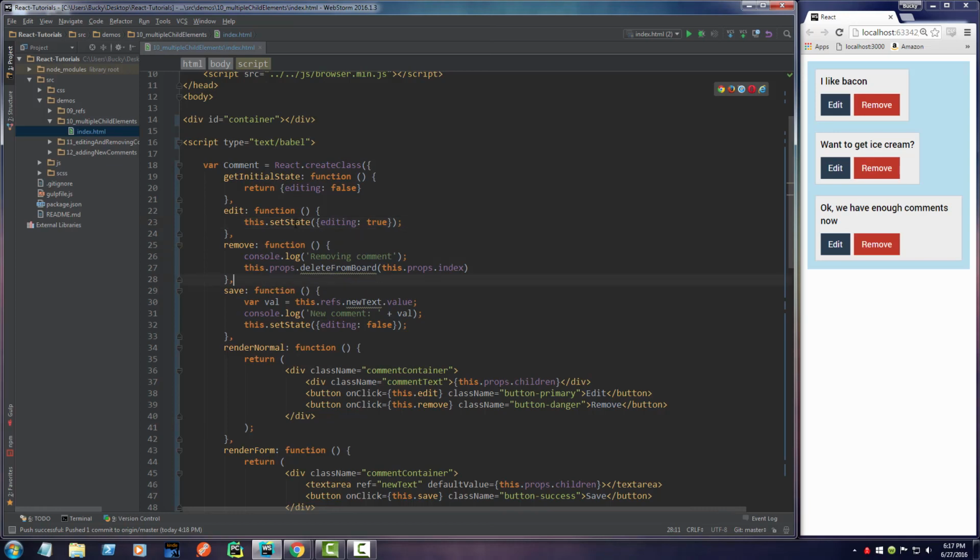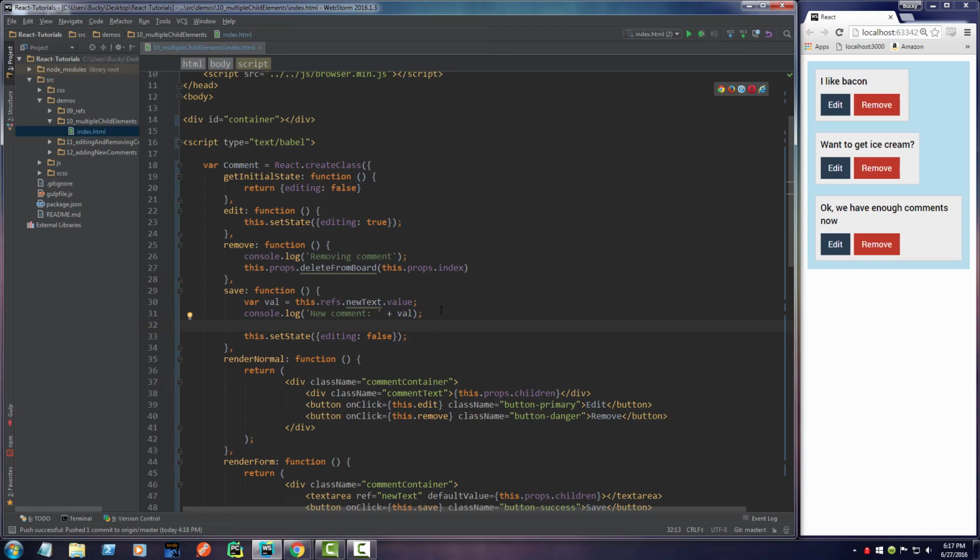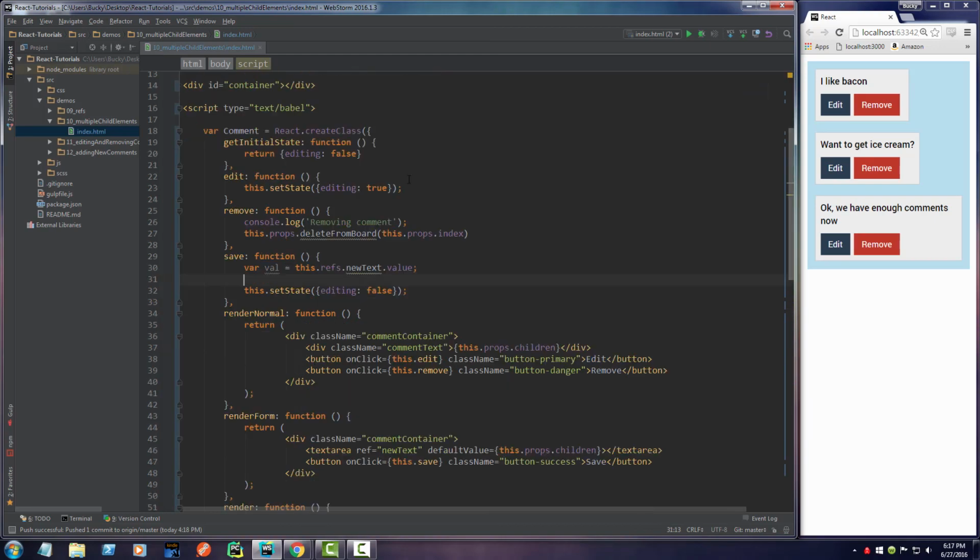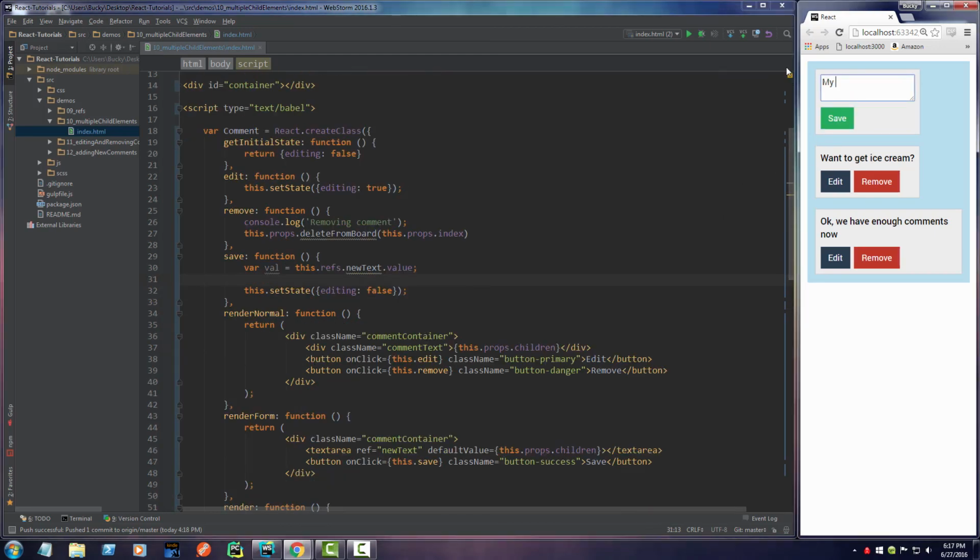And where's my other one? Edit is for editing, and saving right here. So same thing with save. And I can probably, let me get rid of this and tighten all this up so it's a little bit more compact. All right. So whenever the user leaves a comment like my name is Bucky, and they hit save,